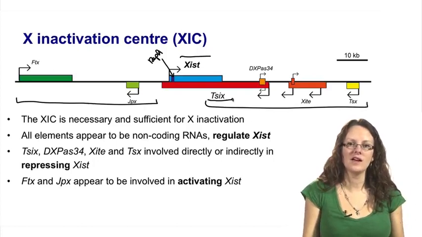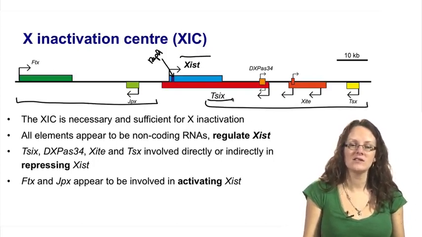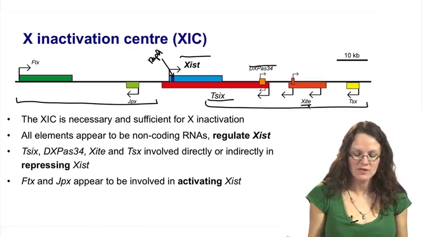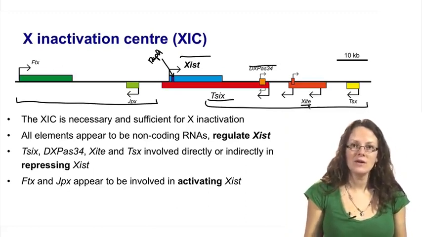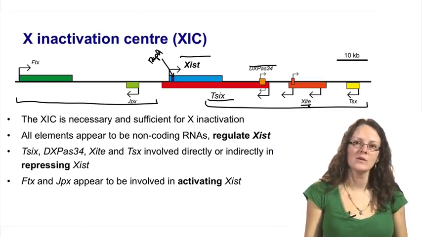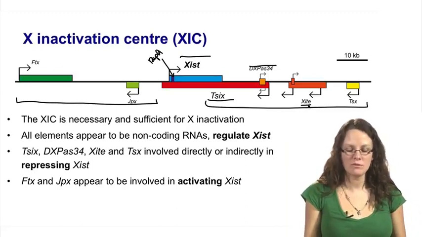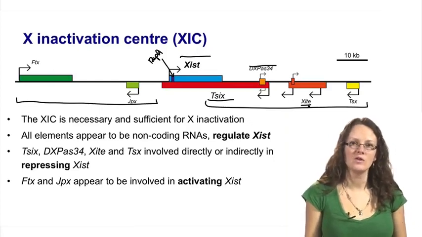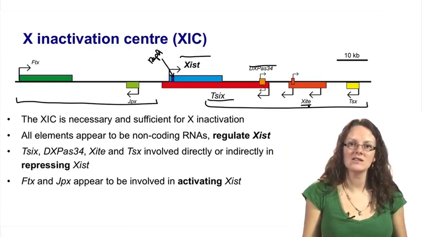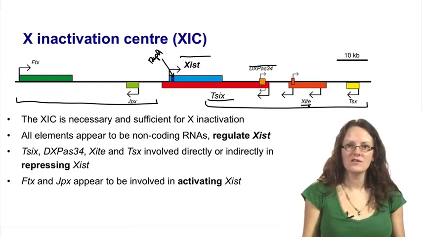This long non-coding RNA is transcribed antisense to Xist, and it represses Xist expression. Whereas DXPAS34 and XSite themselves activate T6 and thereby indirectly repress Xist expression, because they do so by activating T6. So again, these precise details aren't important, except to remember that we have a predominance of factors which repress Xist expression with just a couple that activate Xist expression within this X inactivation center, all of which are long non-coding